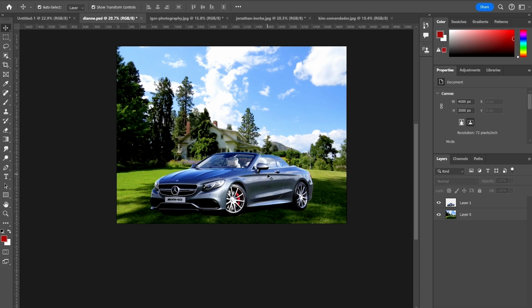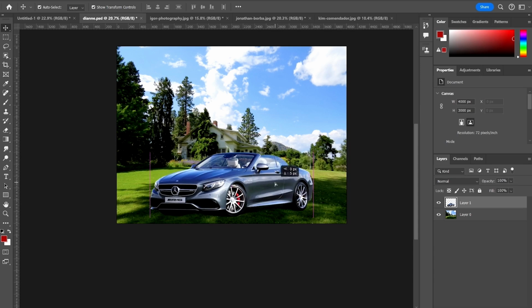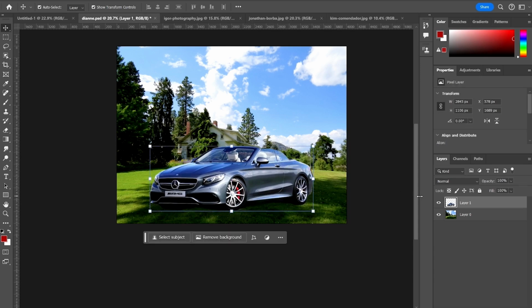Now the next shortcut has to do with locking our transparent pixels. This shortcut comes in really handy also to people who use the brush a lot. So I'm just going to demonstrate that. We have this scar image with transparency. Let's say we are working on this layer and we only want to affect the pixels that are